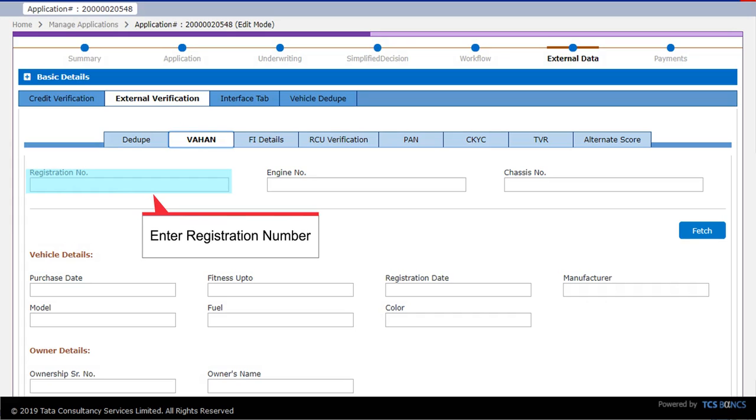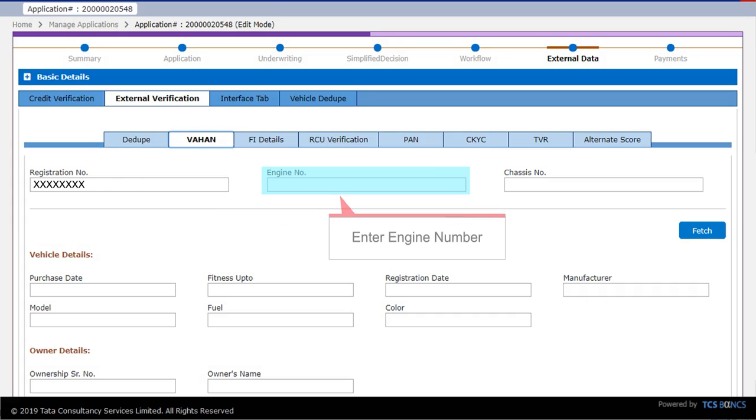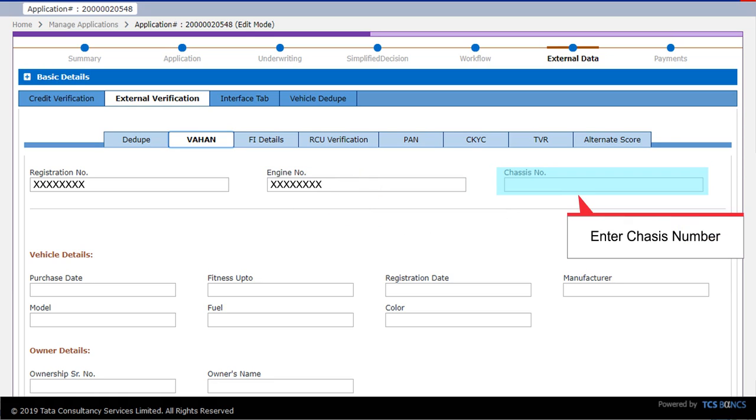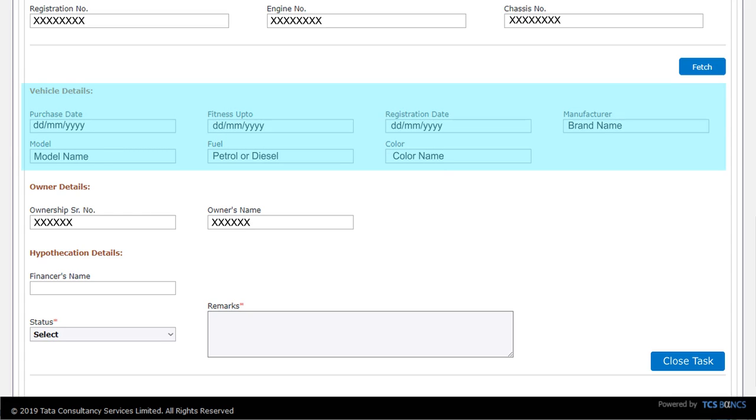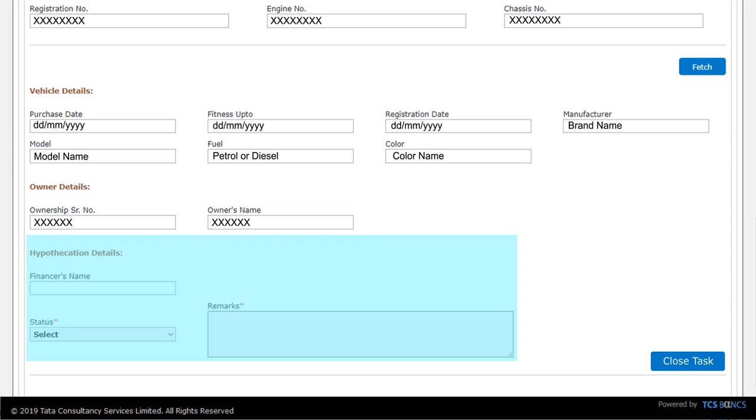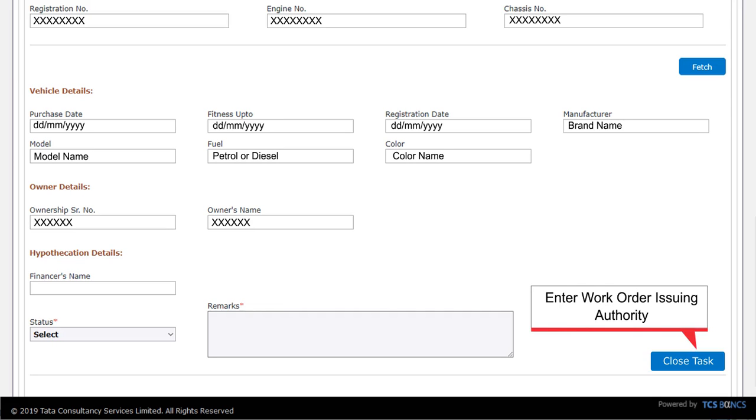Enter details such as registration number, engine number, chassis number, and click on Fetch to fetch the details which get communicated to the Vahan interface, and the results are shown. Details about vehicle details, owner details, and hypothecation details can be viewed. Specify the required details and click Close Task to complete the task.